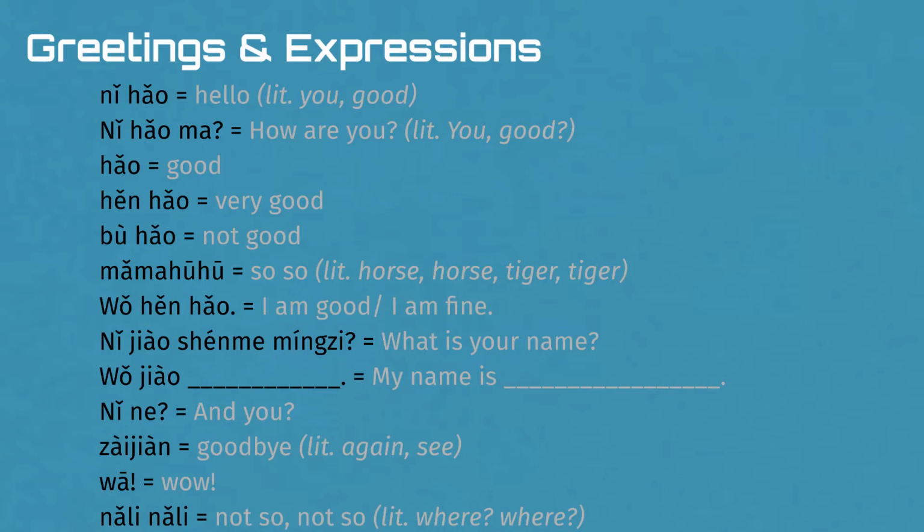我很好。你叫什么名字? So 叫 is literally called. You called what name? So then you would answer, I called, 我叫. Any of you who've studied Spanish, you know, me llamo is like I call myself. Similar deal. 你叫什么名字? 我叫, for example, 我叫 Rachel. That's my English name. My Chinese name is Mei Jie-ru. So then I can say 我叫 Mei Jie-ru.